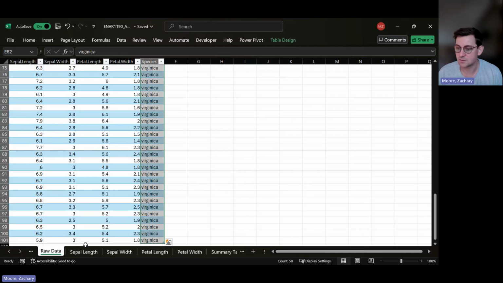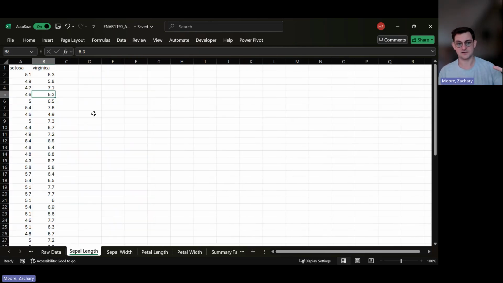reports. So what we're going to do here is we're going to work through one of these independent variables together, and then you're going to be able to do it on your own with the other three. And for the bonus, you just have to calculate the sepal area, which is length times width, and the petal area, which is length times width, and do the same thing for both of those. Now,